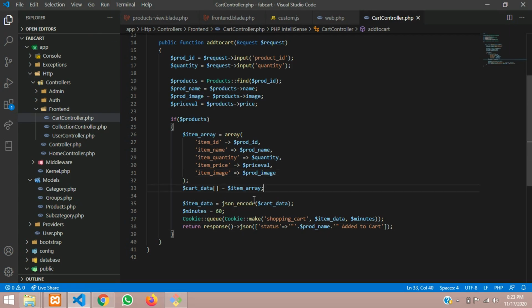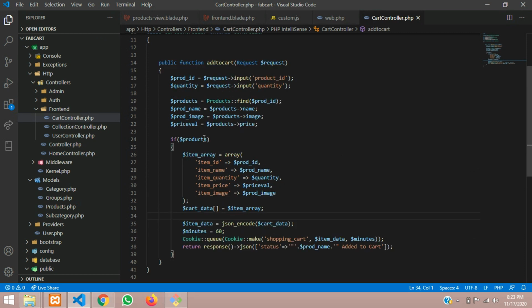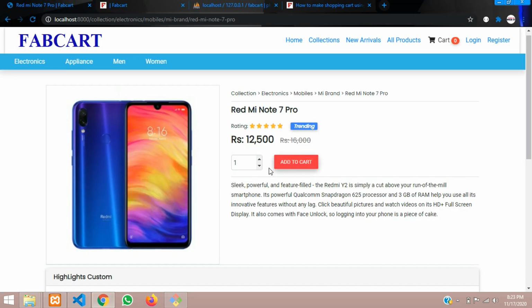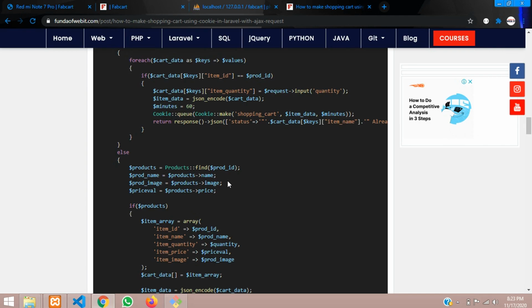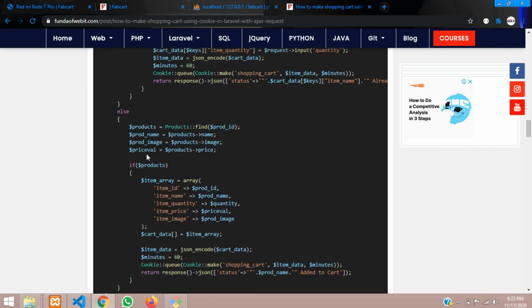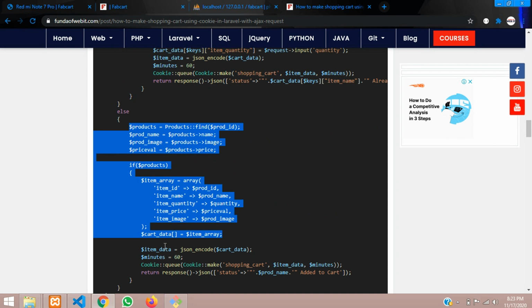the developer tool. So guys, now to view the output of it, again, if you click one more time, what happens? It should not store, or else it should increase the quantity, right? So as per that, we have to follow this if else condition. So only this is to store the data into cookie. This was which we copied now.